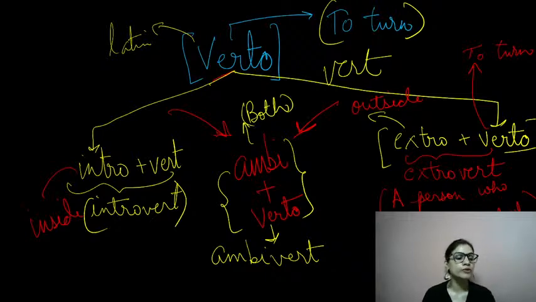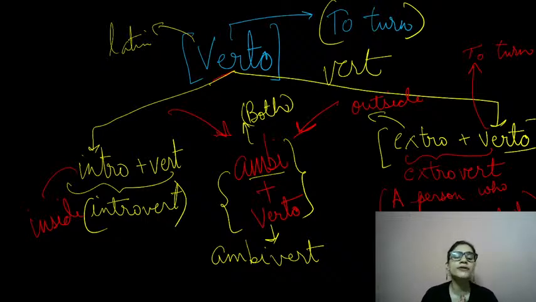Introvert also, extrovert also. So these days you'll find people have more of an ambivert personality. That is, they know when to turn inside, when to turn outside. They know how much to talk with whom, right? They know when to be calm and composed and not to talk much. And sometimes when they're with the people they're very close to, they're almost extrovert, right? They're almost talking about themselves every time. They're very open, right? So a person who knows when to be introvert, when to be extrovert is an ambivert.